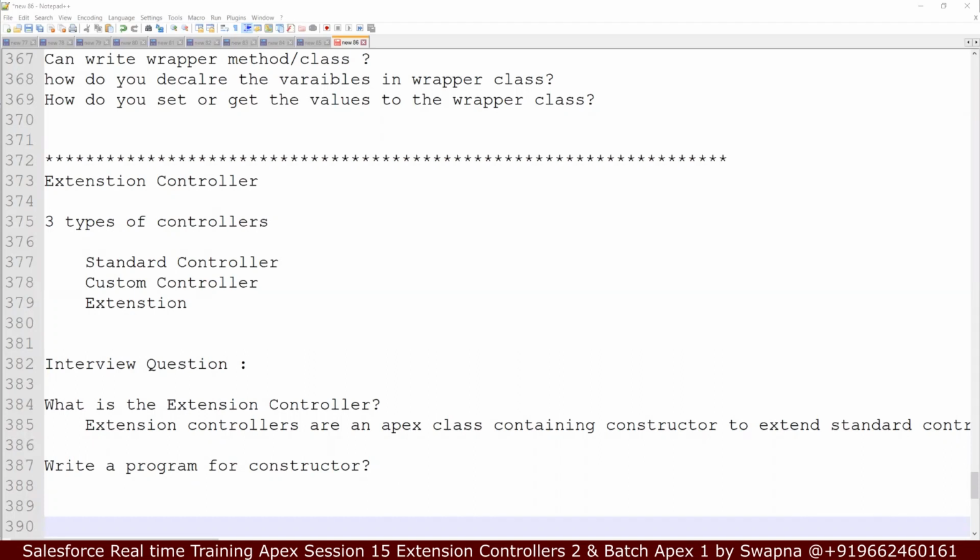Last class, we have been talking about extension controller. We have seen that whenever you want a standard controller with custom logic in a class to exist or survive in a single environment, we cannot use the custom controller along with the standard controller. We have seen that example. If we wanted to use the custom controller along with the standard controller, then we have to go with the